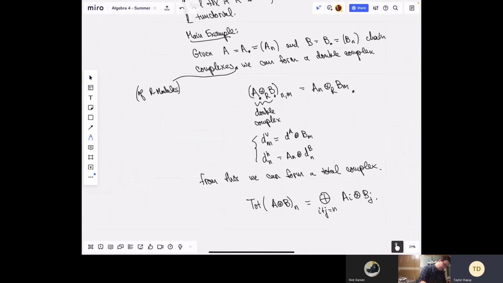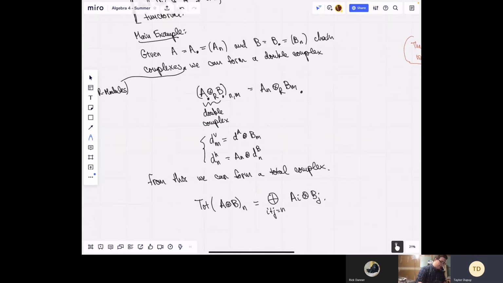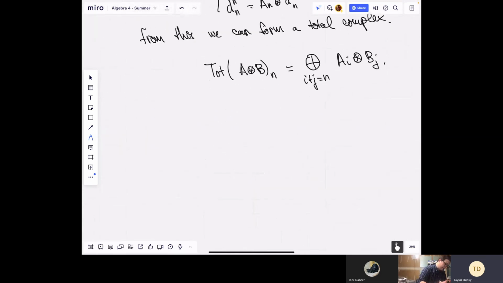Now I want to talk about mapping cones. All right, so now we have this thing. There's this crazy complex that we have. We have this thing from